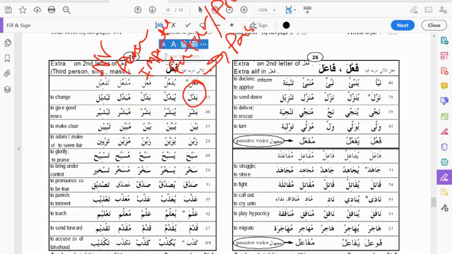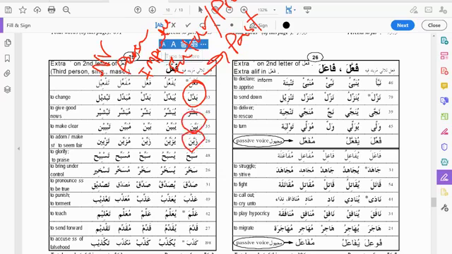Let's see. Bayyana is to clarify, and clarified. When you're doing tabyin, which is what I'm doing right here, the noun of the verb, you're bringing clarification. So maybe clarification, clarified, clarifying, clarify, giving an order. Mubayyin, the clarifier, which is the person. Tabyin is basically the clarification. So you can see all those words actually come from the same root.